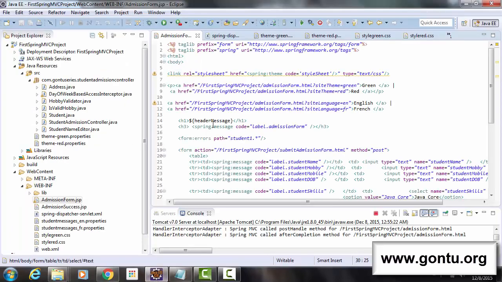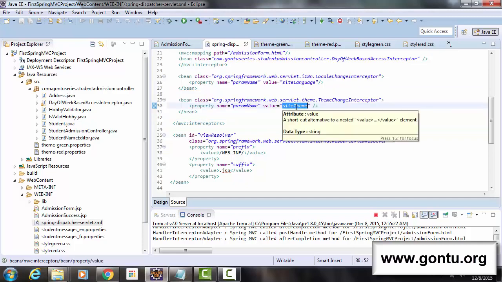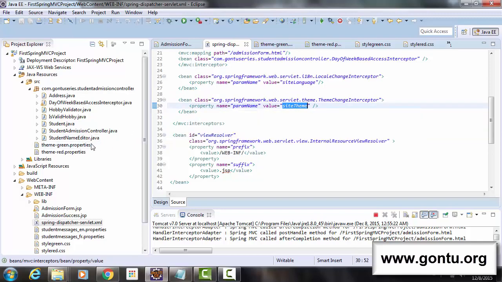Now on the server side, before processing that request, this interceptor which we added extracts the value of site theme and accordingly informs the Spring MVC application to pick an appropriate theme-related properties file and its corresponding style sheet,